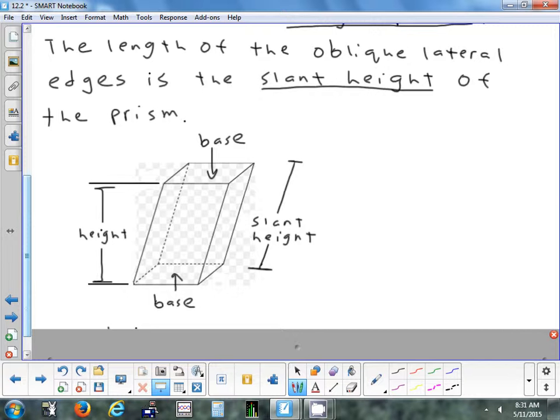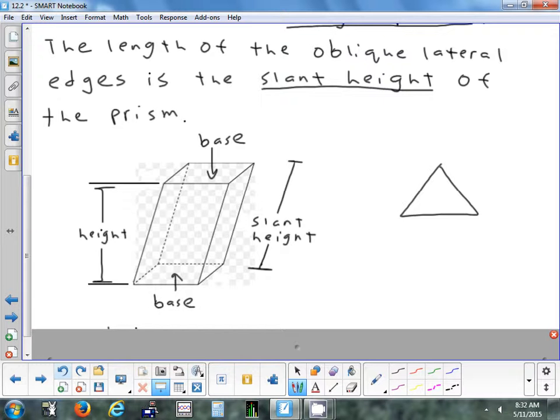In this case, when you skew that shape, the slant height is a diagonal height. The regular height would still be this. Basically, if somebody was standing on the top right here, dropped something off the top, and it fell straight down, that's the height of the prism. The slant height is kind of that height going up the side. We're going to see that idea when we talk about